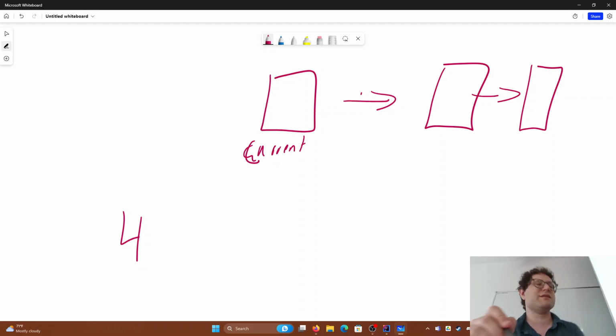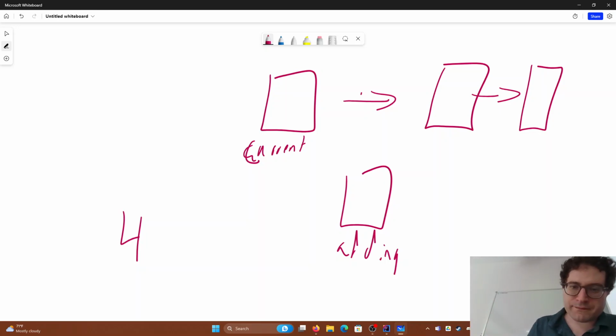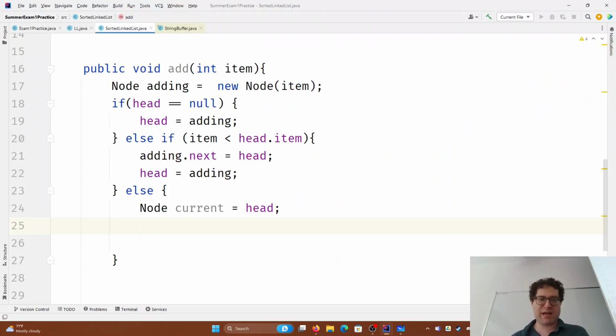And what I'm going to do is ask, does adding need to go in between current and current.next? The reason we can do that is because we've already checked, does it need to go to the left of head? So now current will start out at head and check to the right of that. And if that doesn't work, we advance current and we check the one to the right of that. Okay, so what we do is we are going to say, hey,